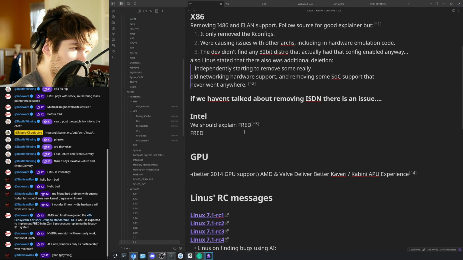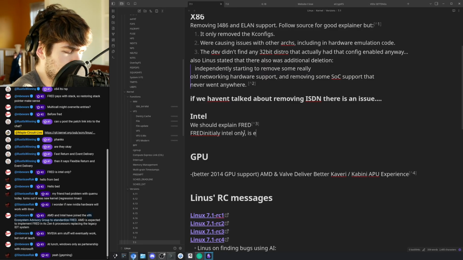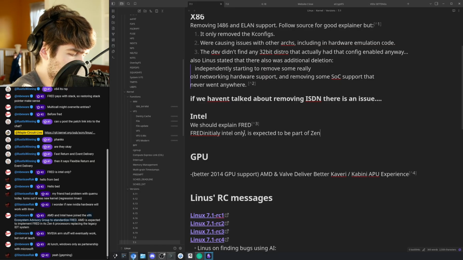FRED, initially Intel only, is expected to be added to be part of Zen 6. It is one of the benefits brought by